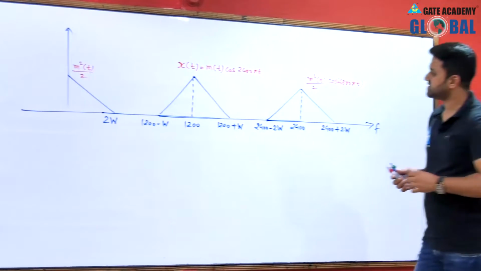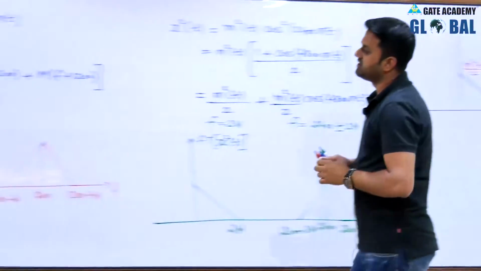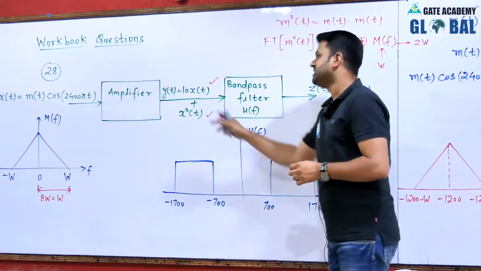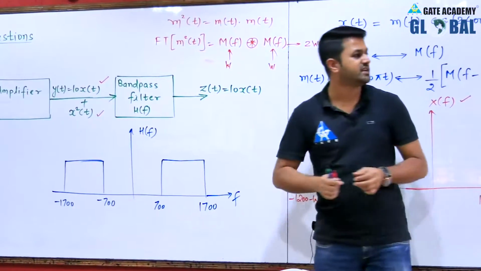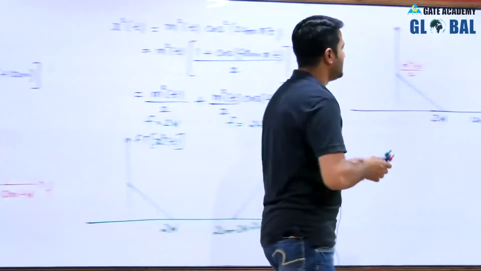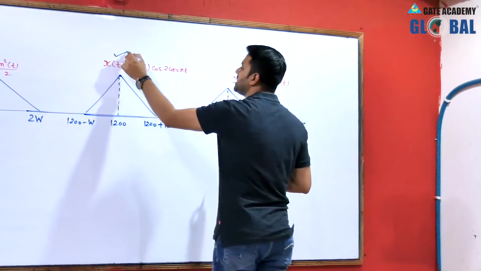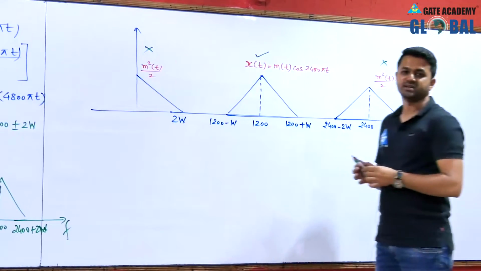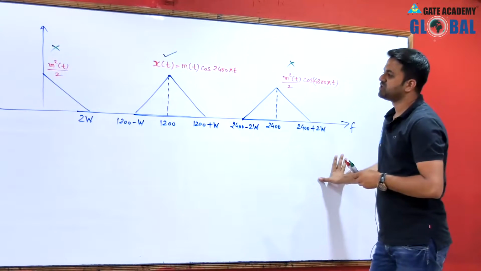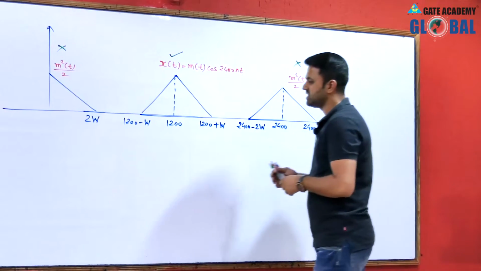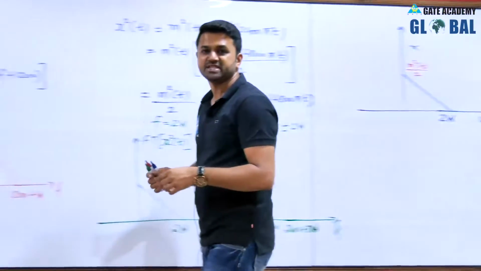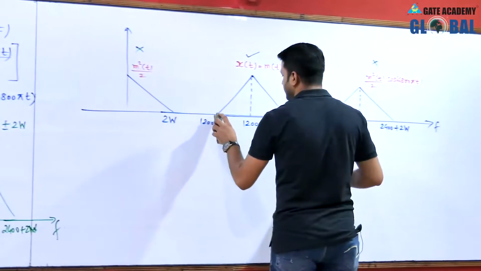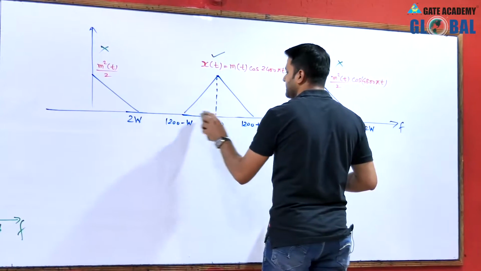So we have these three terms, but at the output of this band pass filter we need 10x of t, that means this term only. We require this term only, and we have to suppress these two terms. These two terms have to be suppressed by this band pass filter. The band pass filter has frequency ranging from 700 to 1700. So we can think that,